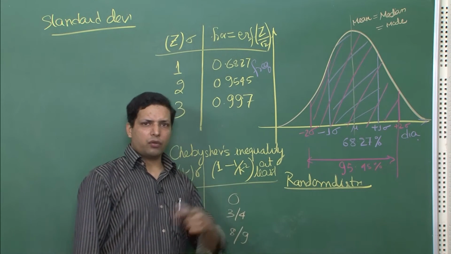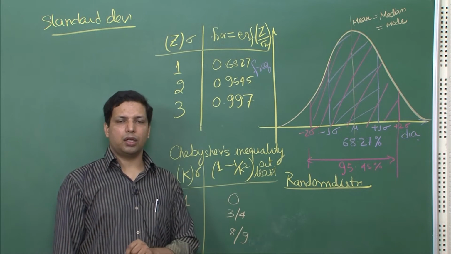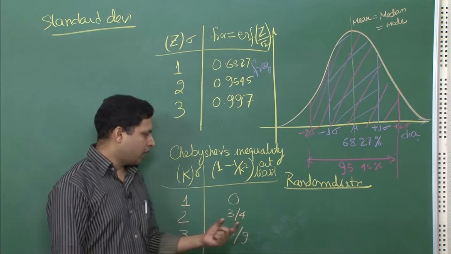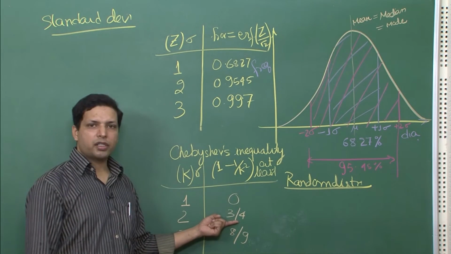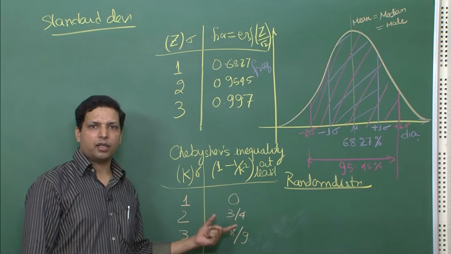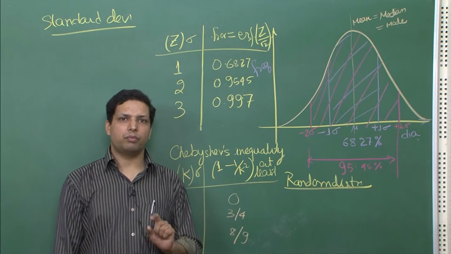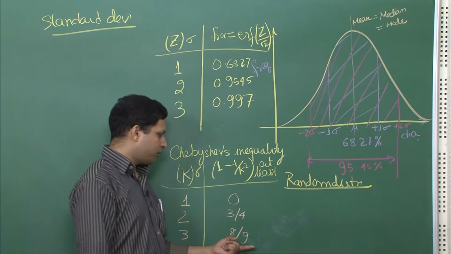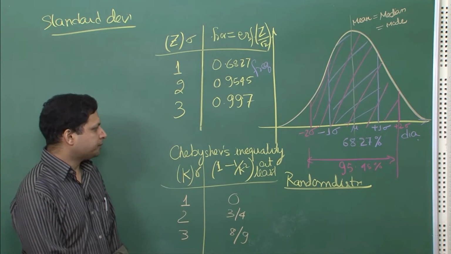So, whatever be the form of the distribution, no matter even if you draw a random distribution on your own, still when you have the mu value and you calculate the standard deviation from that, then at least 0.75 or 75% of the data will lie within mu minus sigma to mu plus sigma. So, this is again a very powerful relation which predicts a great deal about the distribution.